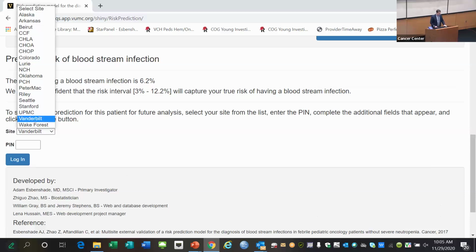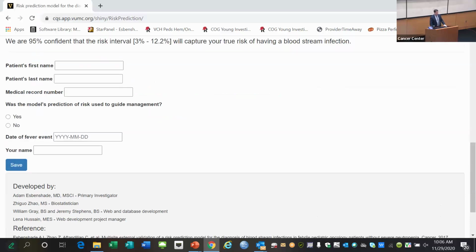You can see there's a lot of places, including you all, that's already set up to be able to do this. Then you can enter in PHI, like actually your name and medical record number, and then hit save. The reason for that is so that people can go back and validate it. None of this data hits a Vanderbilt server. It only saves directly, securely into a REDCap database, and so we've been able to get that through all the IRBs.